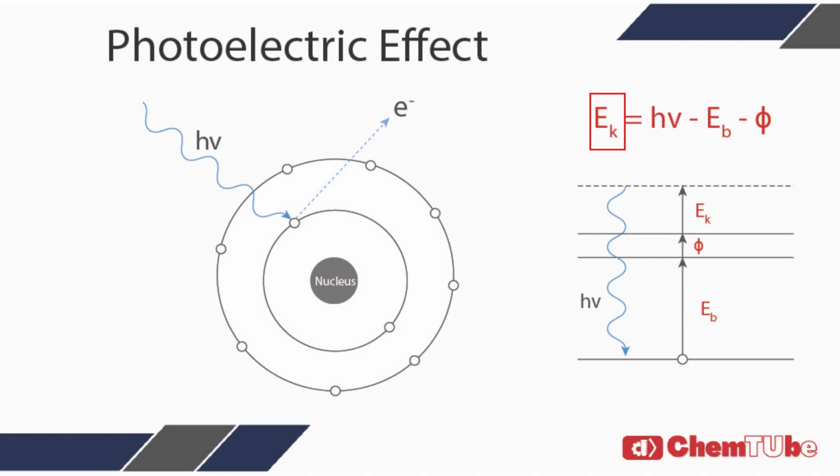The kinetic energy, E_k, of the ejected electrons is measured by a detector, and this energy is related to the binding energy, E_b, of the electrons in the sample by using the photoelectric equation. In this equation, φ is known as the work function, which is the amount of energy necessary to propel the photoelectron from the sample to the detector, and thus this is specific to the spectrometer used.